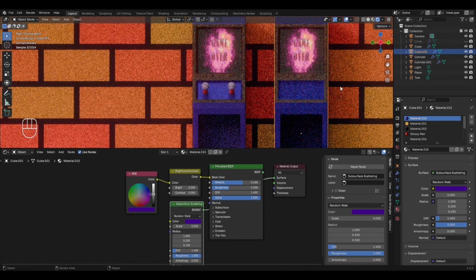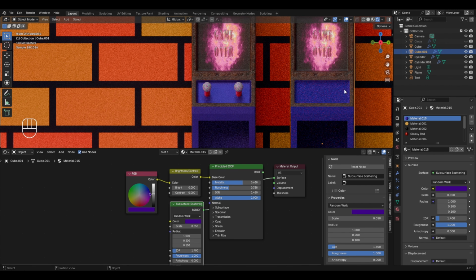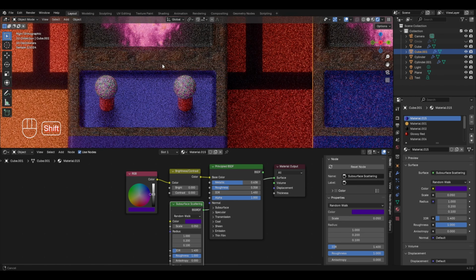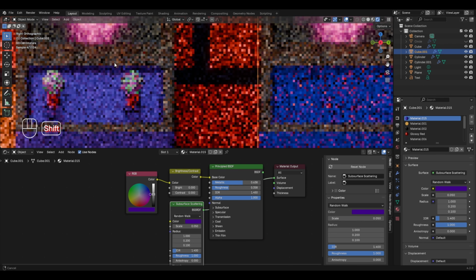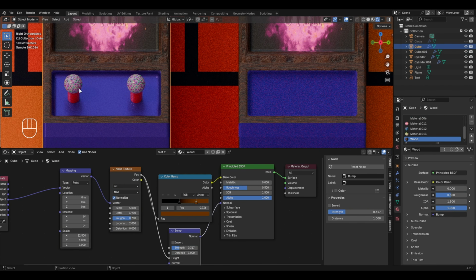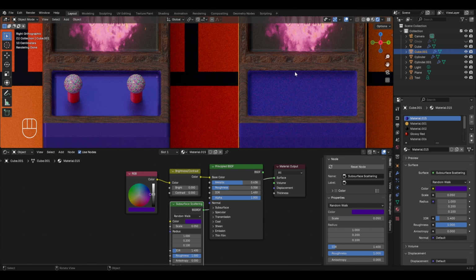And by doing this, you will notice that this blue or purple colored material of the second machine now has a different look. In fact, let's zoom in properly to notice the difference between the two materials. So you can clearly see that on the machine on the left side, this purple or blue colored material is not displaying any reflections of the red light on its surface. However, if you look closely, on the second machine we have this slight effect of the red colored light on this purple material, and this is because of the subsurface scattering effect.